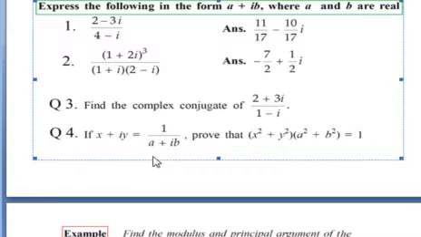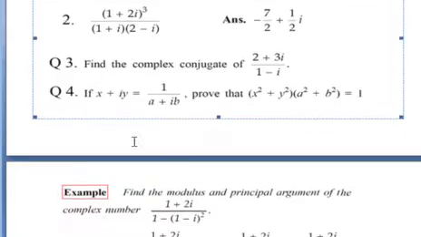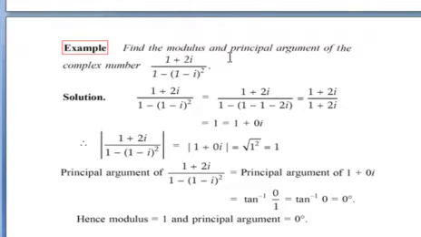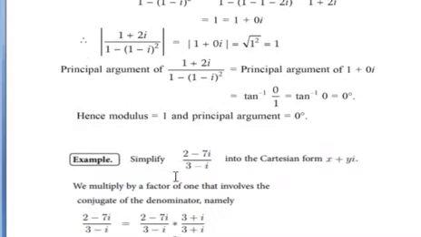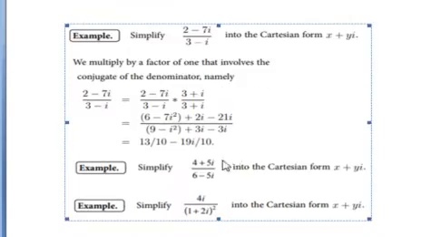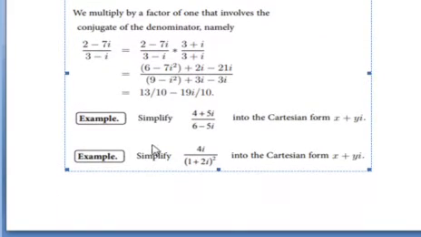As it is a denominator term, a plus ib is the complex number. That's why you have to simplify this term. How? By multiplying a minus ib on both sides. You will try to solve this sort of problem. Here are some examples from your textbook. Find the modulus and principal argument. Principal argument means the argument which lies in the first interval, that is 0 to twice pi. And another problem: simplify this term in Cartesian form.